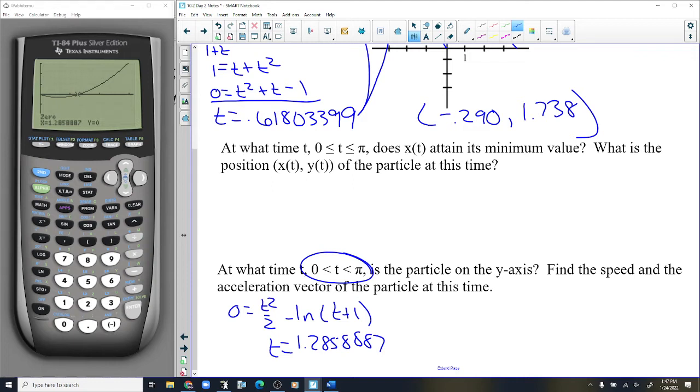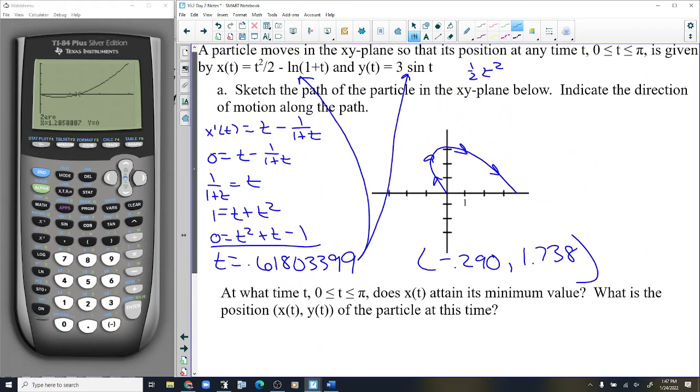Now I need the speed. Speed is the magnitude of the velocity vector. It's the length of the velocity vector. The vector tells us direction, and it tells us how fast it's going. We want to know how long that thing is. Square root of